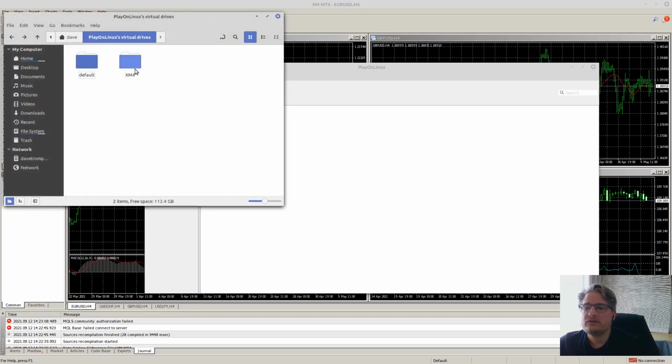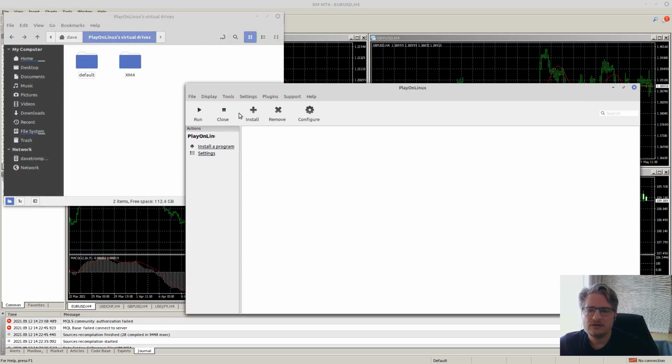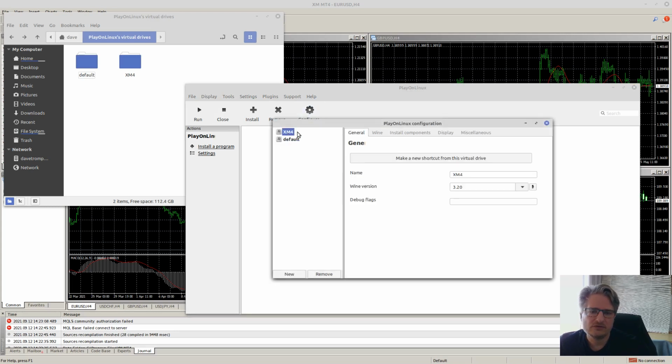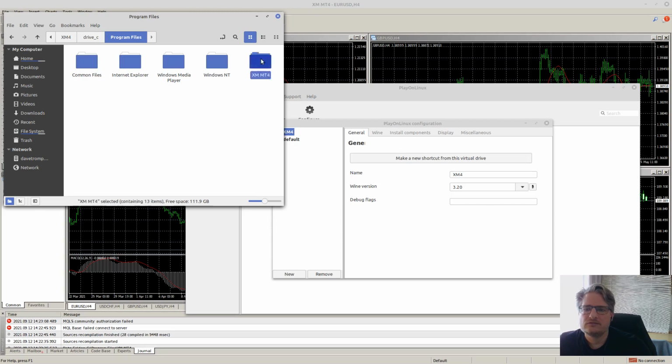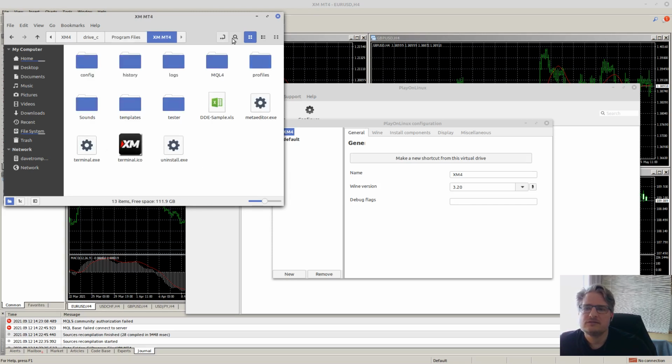virtual drives. Here we have the XM4 virtual drive that's been created, and here we do not see anything yet. But if we click on configure, we can see XM4, and we can make a shortcut from this virtual drive. If we go into the virtual drive, there's a C drive. If we click there, we can go to Program Files, and just like on Windows, we can see the folder that contains the installation of MT4, and the terminal is the one that we need to run if we want to start the